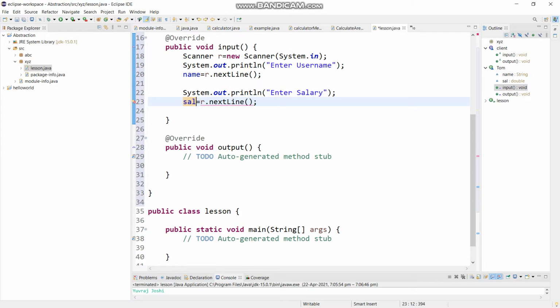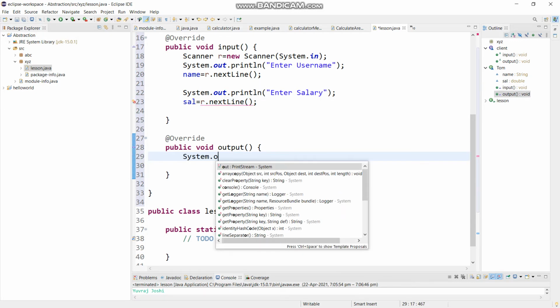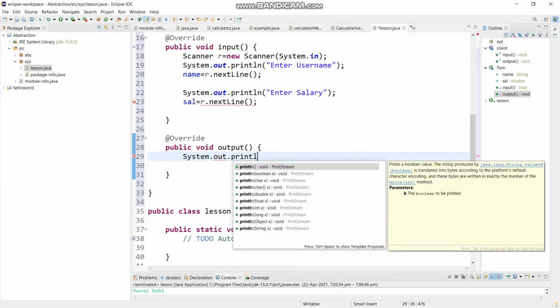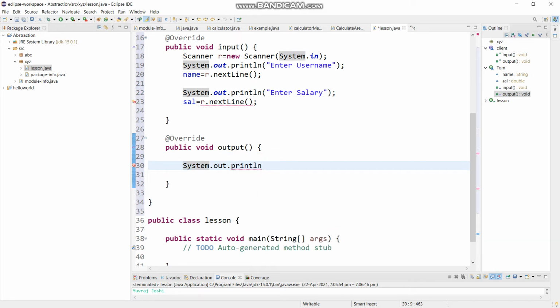So what I'm going to do in public void output is System.out.println, and within this method I am going to say name plus double inverted commas for the separation between both of these, plus sal, and then terminator, line closed.